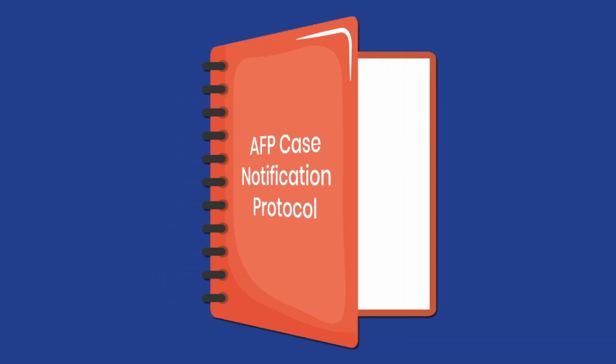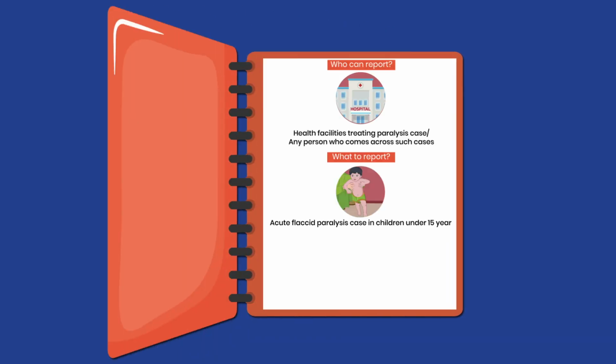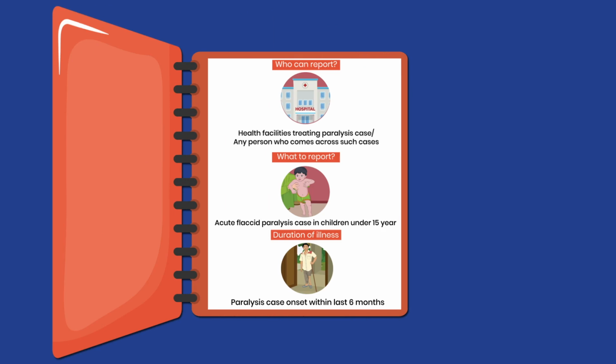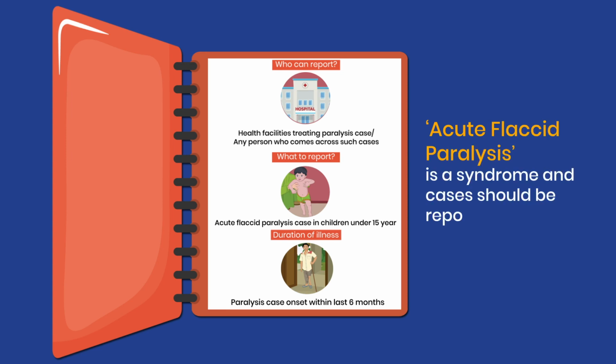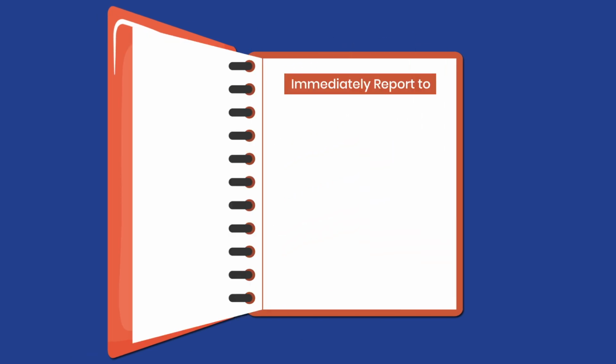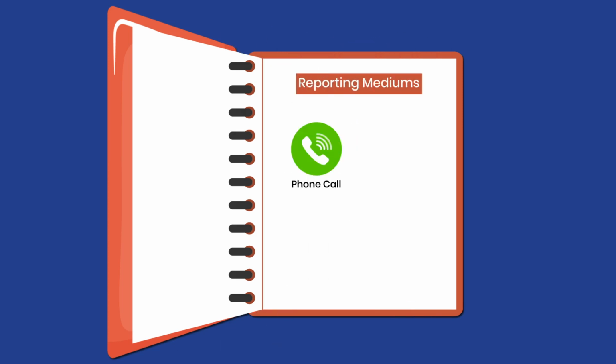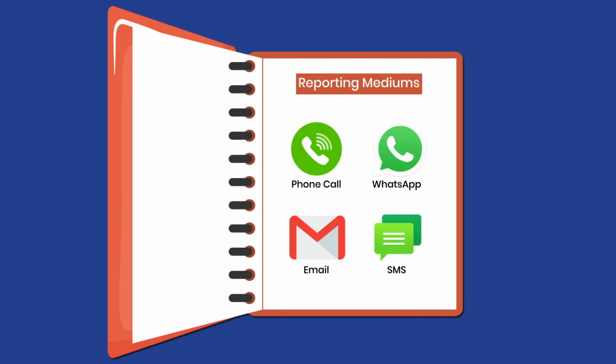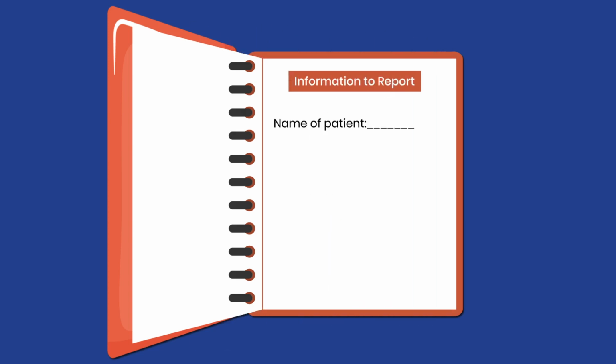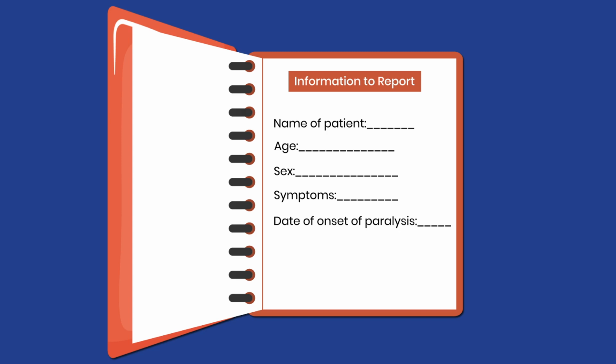All health facilities treating the case of paralysis or any person who comes across such cases should report cases having paralysis onset within last 6 months. Acute flaccid paralysis is a syndrome and cases should be reported irrespective of the clinical diagnosis. Immediately report the AFP cases to DIO and SMO by fastest means like phone call, WhatsApp, email or SMS. Information required are patient's name, age, sex, symptoms, date of onset of paralysis,